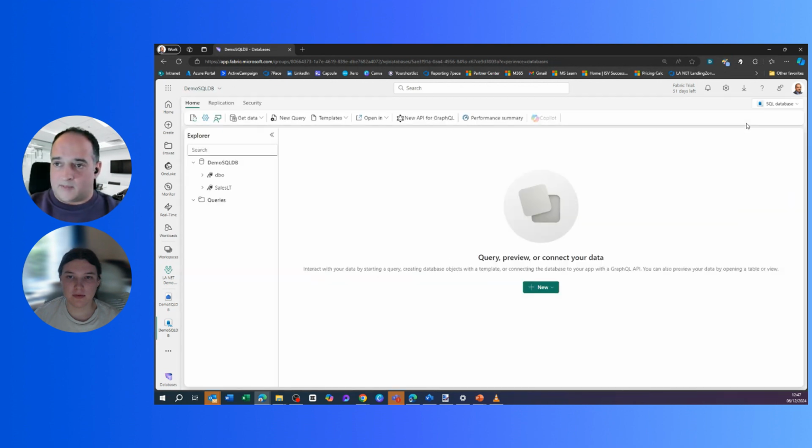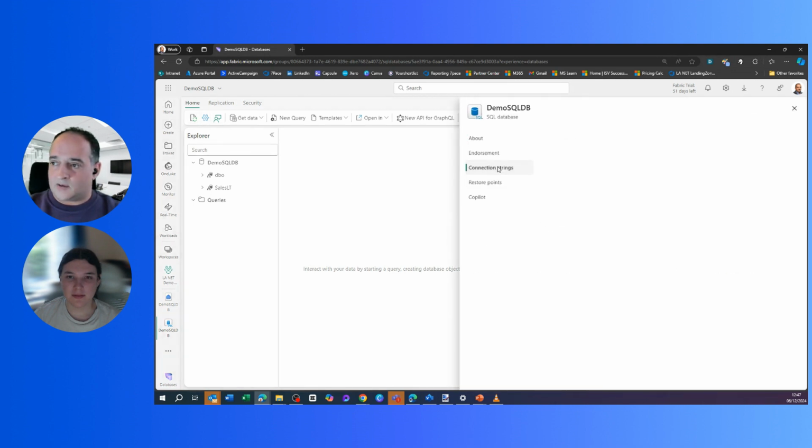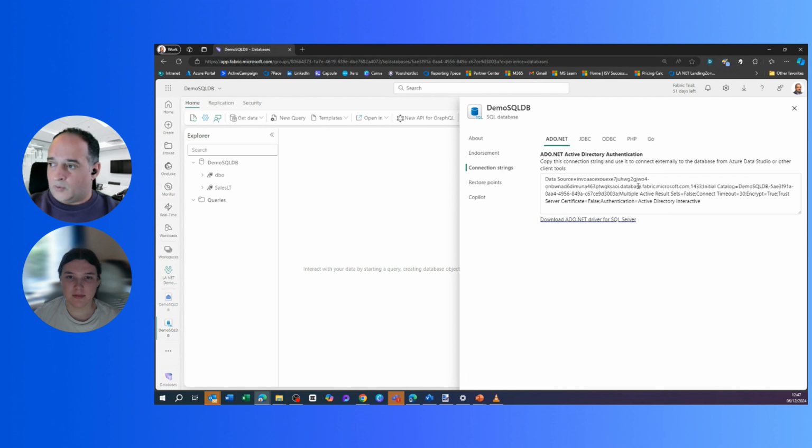But if we go back to the database, firstly, we'll create a quick application in PowerApps just to show how we can connect to this database. So if I go into settings, we can see our connection strings here. What we're going to do is take the name of the database it's created for us inside Fabric. So if I take a copy of that, then I'm going to go to